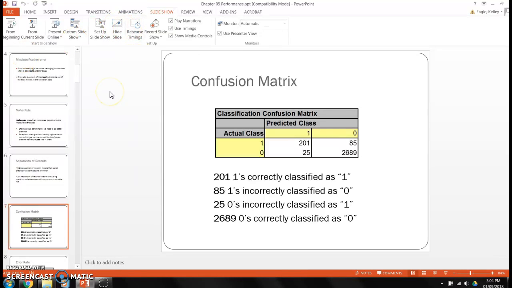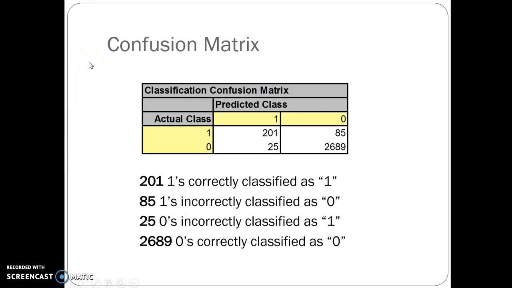We're going to be talking about confusion matrices this week as part of the evaluation process. From this current slide that I'm showing that's in your PowerPoint, you'll see this anytime you run a classification algorithm or a decision tree algorithm, you're going to see this as part of the results. It's actually a really important piece of evaluating how well this particular algorithm has performed in terms of the training